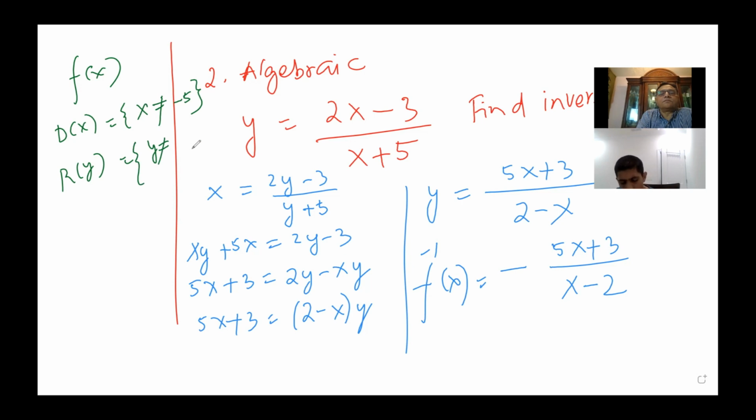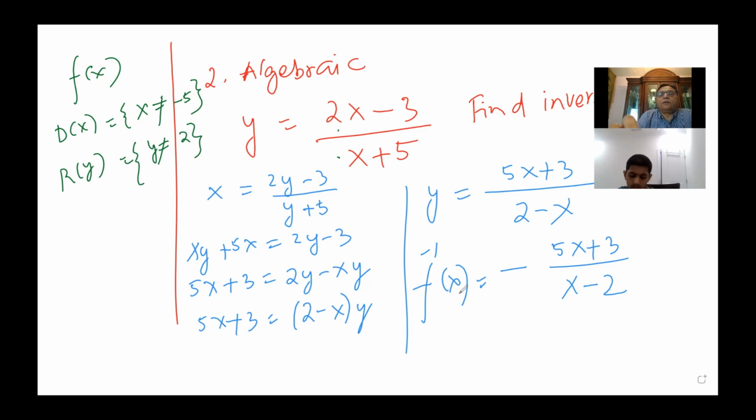Is the domain minus 5 and the range is 3? Okay, for range, it is all real numbers except one point, which is the horizontal asymptote in this case, which is the ratio of 2 and 1, it is 2. I'll teach you how we find the horizontal asymptote soon. Is that okay? Now, since we figured out the domain and the range of the function,